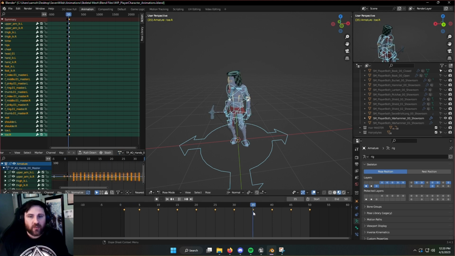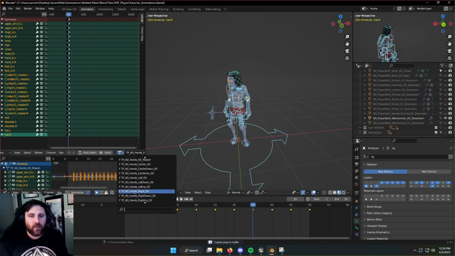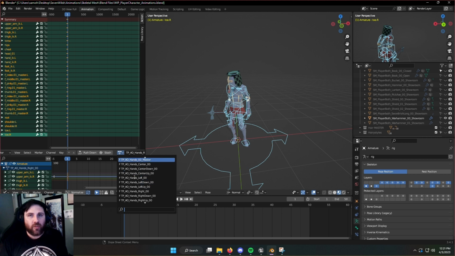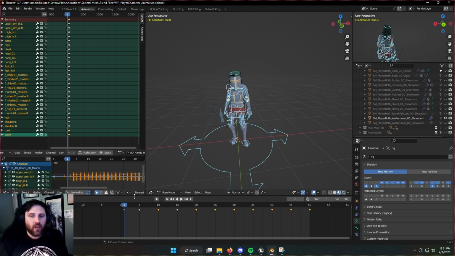So looks like right now I'm doing just looking to the right, copied it, go to the specific action of hand right, going to frame 1, pasting it, and then inserting the rotation, location, and scale with I on the keyboard. And I go through and I do that to all of these, and